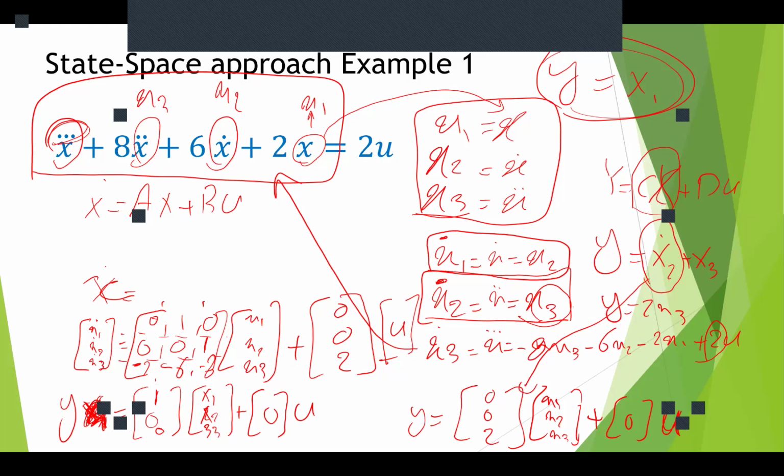x2 dot, we defined it here. We find that x2 dot is equal to x3. Okay? Is that clear? So we represent x2 dot based on a state variable. So if this is equal to x3, y is equal to x3 plus x3, which is 2x3. Are we good? Is that clear? Now,